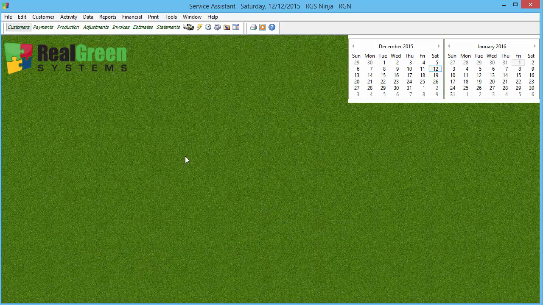Okay, now as far as a proposal is concerned, a proposal is something that you're going to send your customer. Either you're going to mail it, hand deliver it, email it to the customer, or send it to Real Green and have us print it out for you. It's something that you would give to your customer that the system generated the pricing for. Now, again, it could be the price charts or whatever. But like I said, a proposal is what you give when you're doing your pricing.